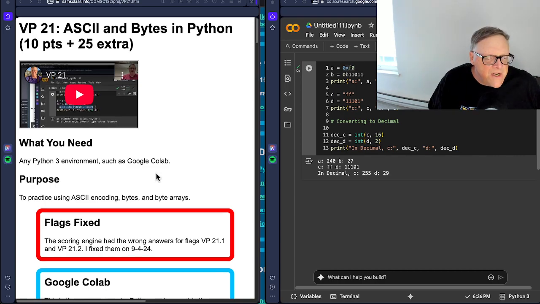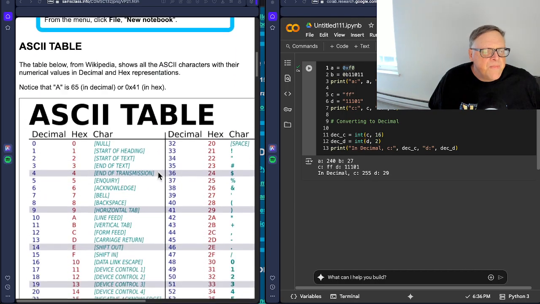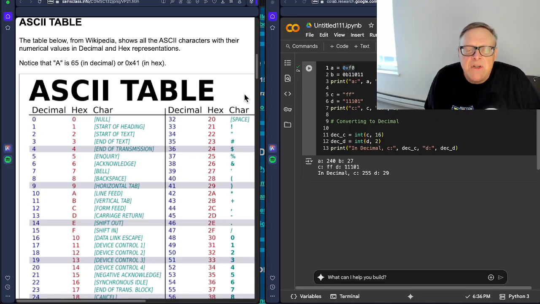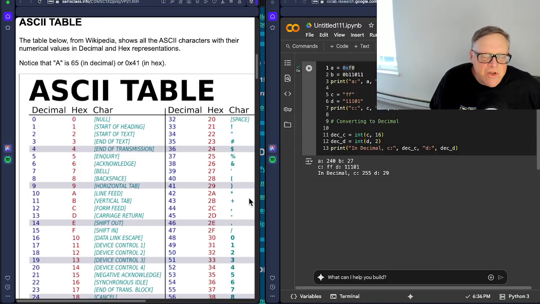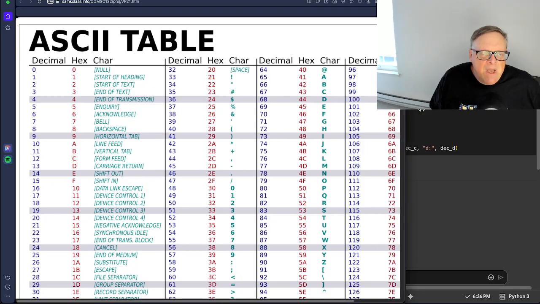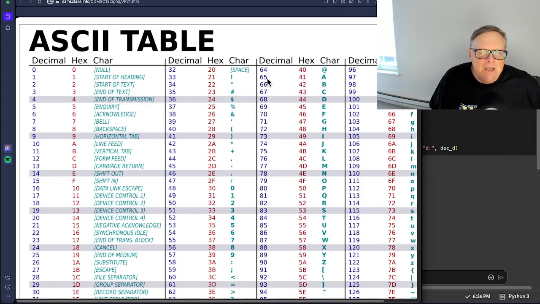All right. So here is ASCII. If you haven't used ASCII before, it's an old-fashioned system of encoding characters as numbers. It only handles English, which is a serious limitation, but aside from that, it's a fine technique. And so you'll see here capital A is 65 in decimal, which is 41 in hexadecimal, because that's 4 16s